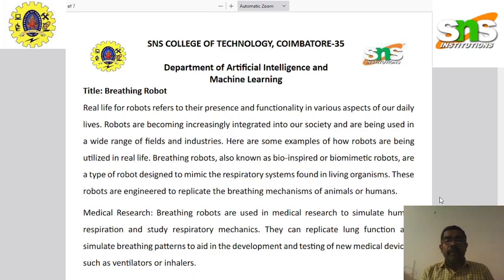So why are we talking about this? A breathing robot has a simulation, or it mimics how a human being breathes, through reciprocating systems. So it's giving a living organism's function for human beings. Meanwhile, we have to understand very clearly how the lungs of a living organism work, because such things have been replicated in the breathing robot.